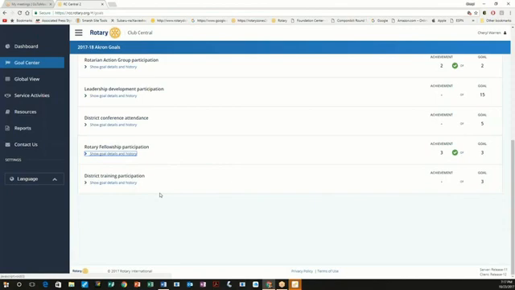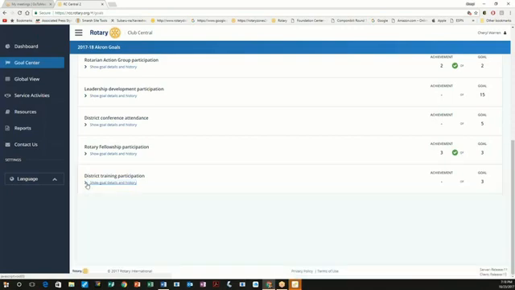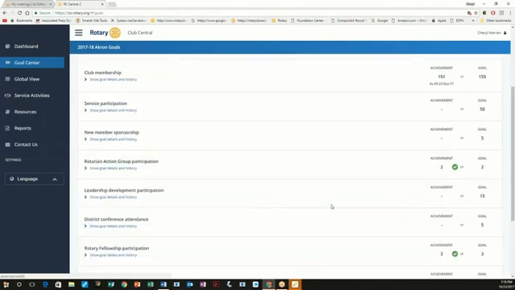The other section, the last one here, is the district training participation. We have a district training assembly, so you'll want to identify how many of your club's committee chairs are going to be attending the district training assembly. The district training assembly is designed by your incoming president for your committee chairs. So Beverly is working with our chair of training, and they are going to be putting on the district training assembly, which is sometimes done with the district conference and sometimes it's not, but it's specifically designed for your chairs and your board members. So it is important that you watch for that and identify how many people will attend.